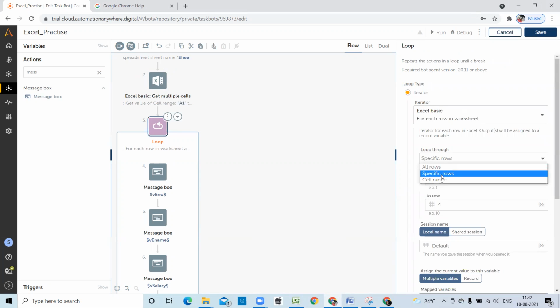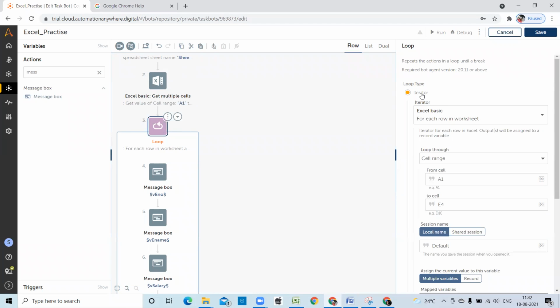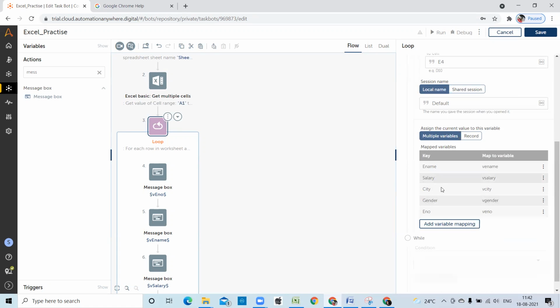Here also I'm changing the cell range, A1 to E4. So I have selected cell range in get multiple cells, from cell A1 to cell E4, and in the loop, loop through cell range, I have given from cell as A1 and to cell as E4. So no need to change anything here.